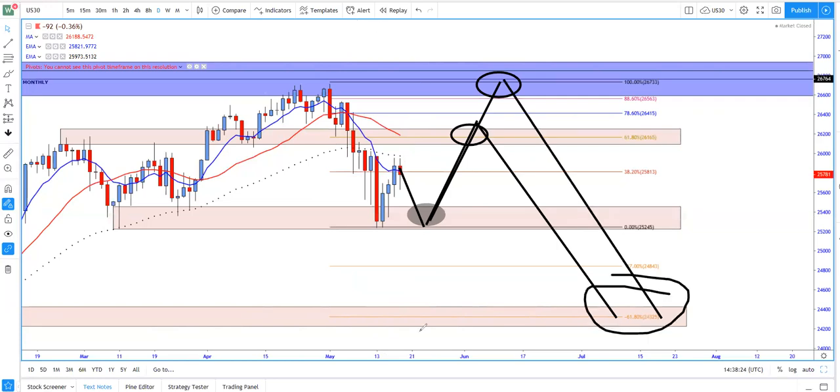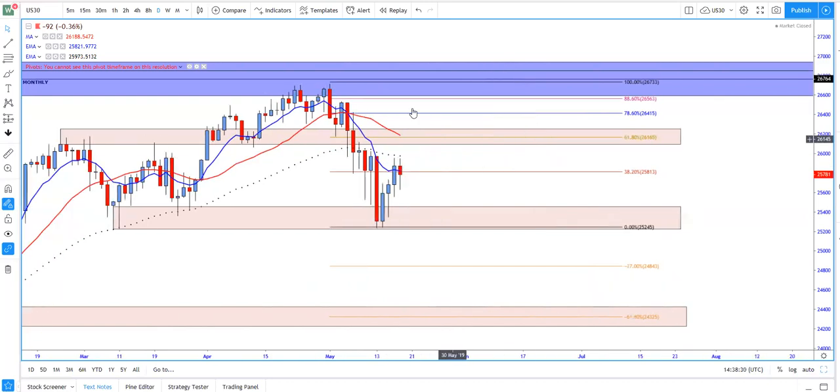As you can see, 61.8 exactly falls within one of the daily demand levels. So, beautiful pair, guys. Again, the first question is: is the price on the daily level? So let's say the price comes in. Yes, it is. It's kind of price action. You can't take a sell trade there. To take a sell trade, guys, price has to break this, look for a low high, then take a sell trade. So if the price breaks this,